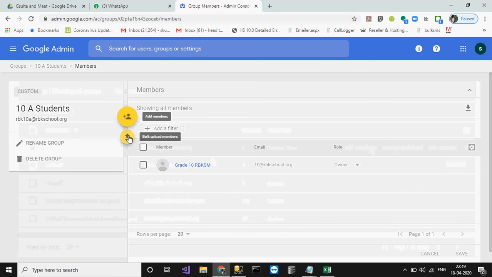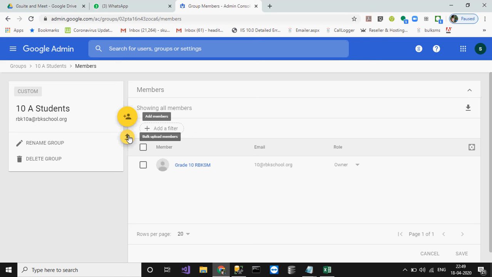Upload the member list: you can maintain a CSV file of all your IDs and just upload it in one shot. All email IDs will be imported into your particular group. Here, add member, one by one you can add members. Two options are there for adding the members.